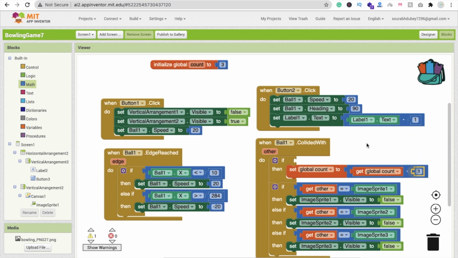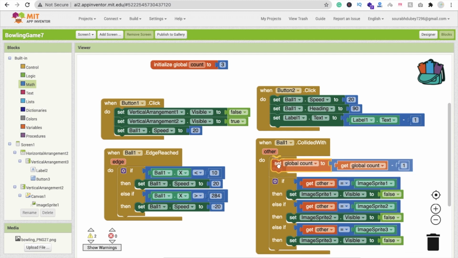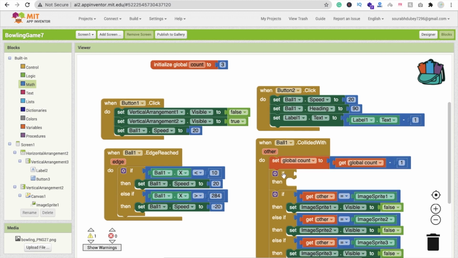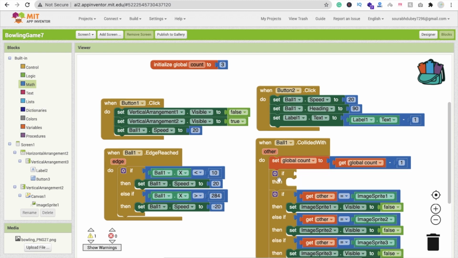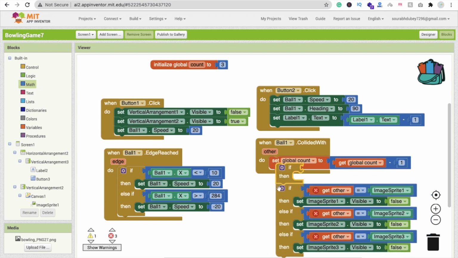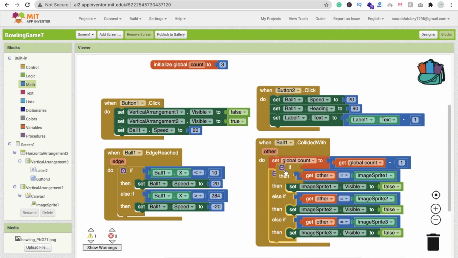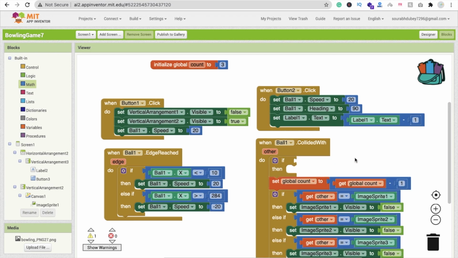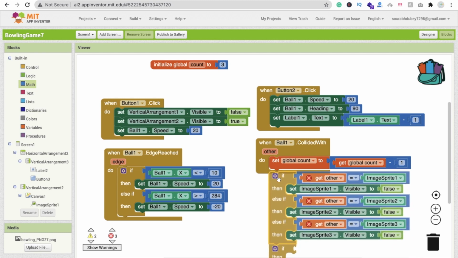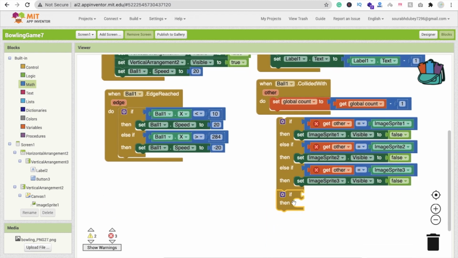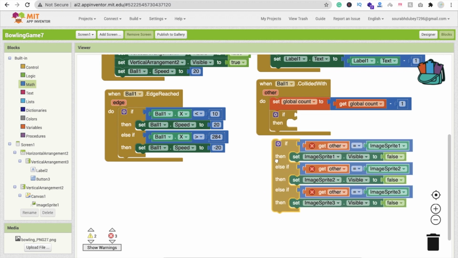Right. Now, how can we check if it collides? If ball dot collide, then we will directly use it here. We don't need this condition also. Okay, now this is fine. If that is zero, just Control Z. Now, why do we need this if condition? We need a condition to check whether the user has won or not. So let's make it here, and make sure this if condition should be here and that one is here.